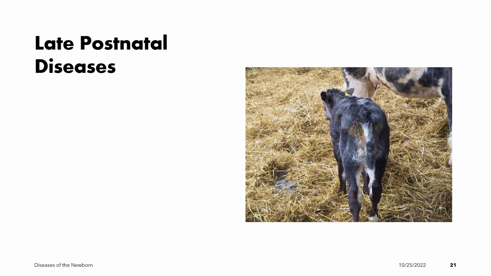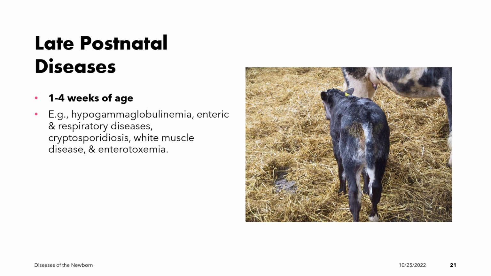We also have the late postnatal diseases. When we say late postnatal diseases, this occurs at about 1 to 4 weeks of age. Examples of this are hypogammaglobulinemia, which is caused by a low serum immunoglobulin or antibody level. We also have the enteric and the respiratory diseases,